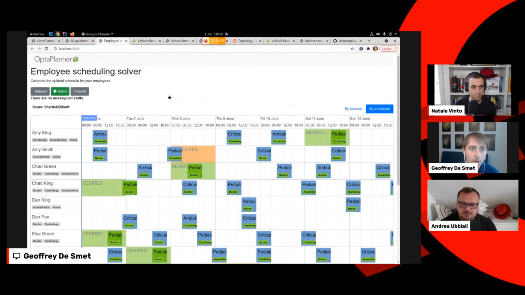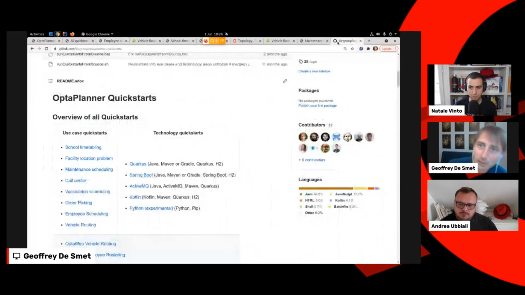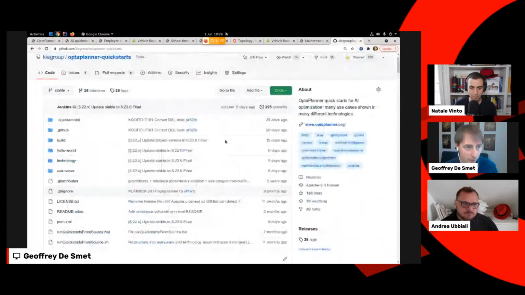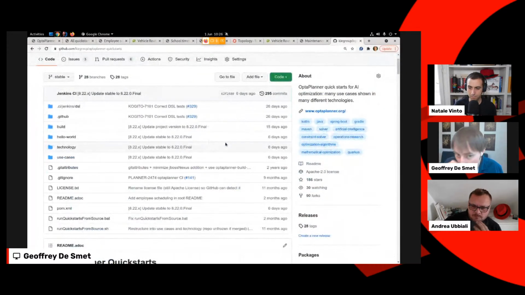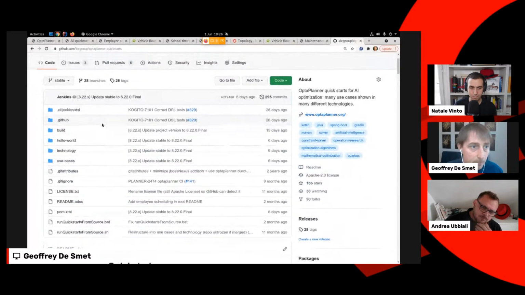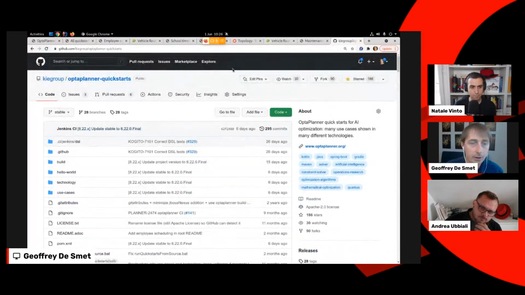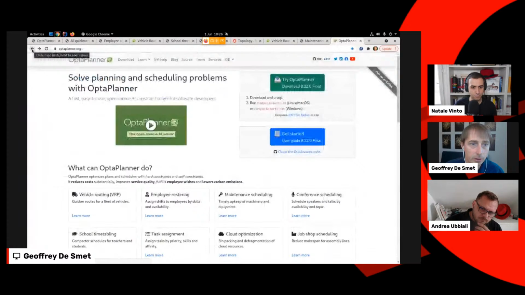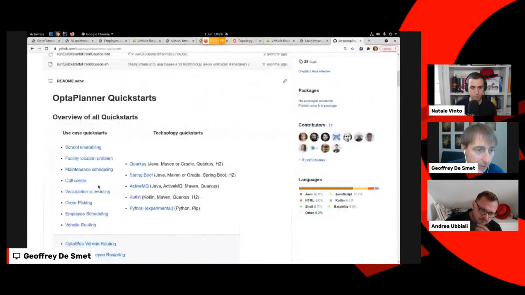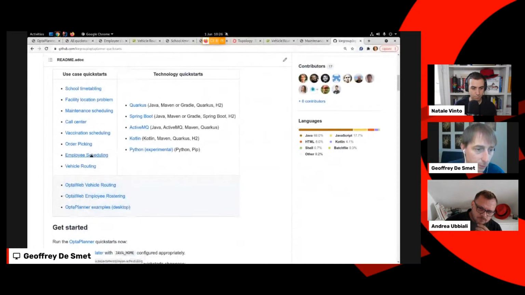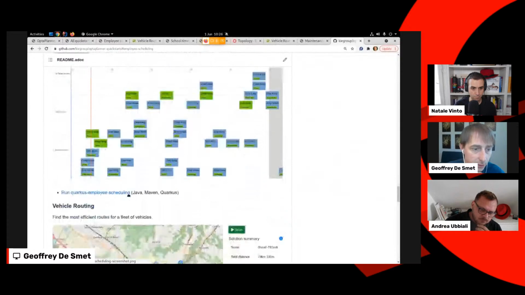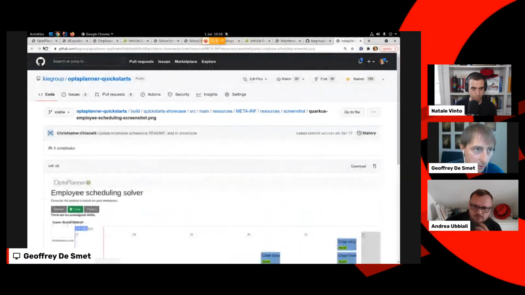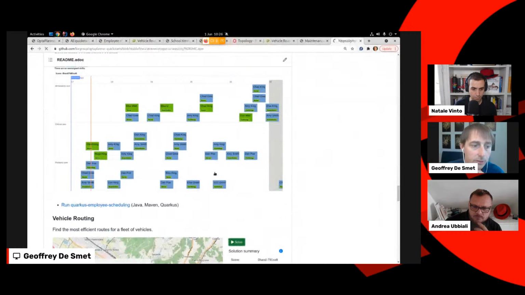Okay. So, like I said, you can deploy any of these. That's a really good question. So if you go to the quick starts, if you start from the opt.org site and click on that link I showed earlier, you clone the quick starts code, right? You can find a list of all of those quick starts here. So if you go to the employee scheduling one, you see a screenshot. And we actually jump into the README of that, the Quarkus employee scheduling one. Oh, that's the wrong button. This one, do I jump on that link?